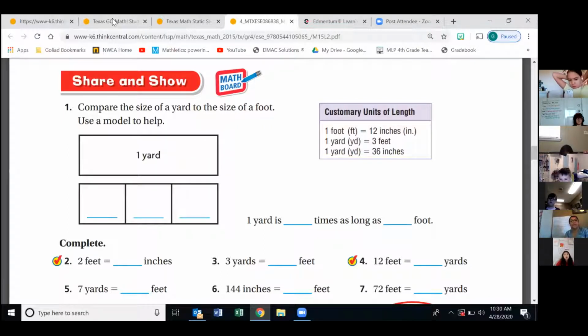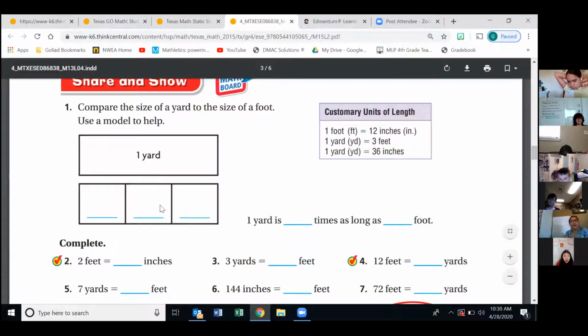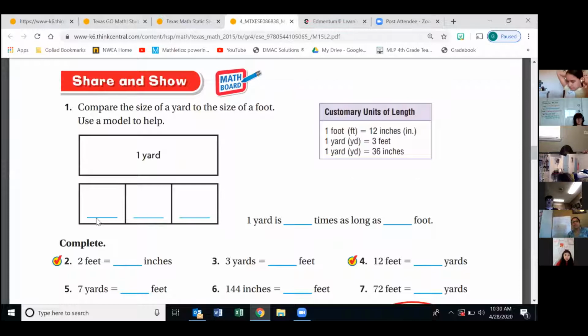Look, it's got it here on the picture. Here's your yard. How many feet? 3. So what is 3 times 3? 9. Boys and girls, just from waiting and listening to y'all, you have to start practicing your